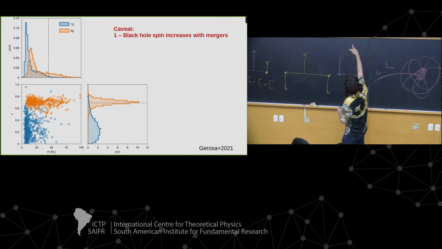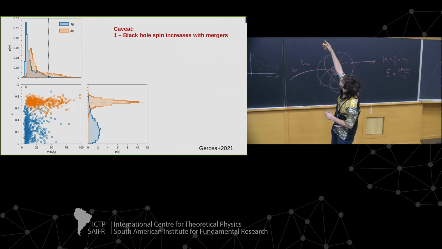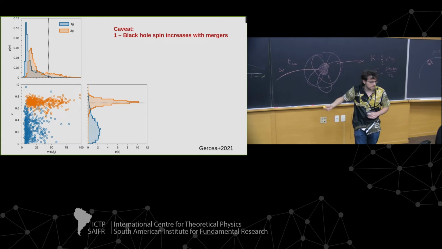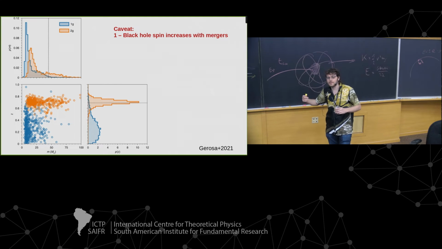And you see that the yellow ones have a chi-effective that is very close to 0.7. They spin quite fast. Okay, what does this have to do with the retention of black holes?